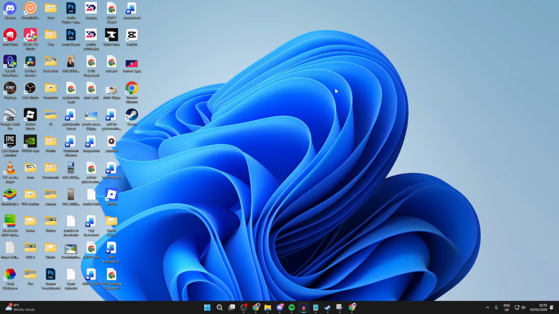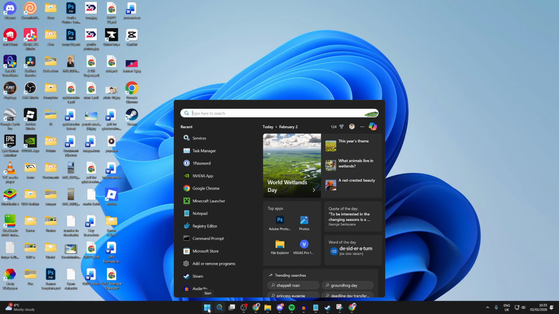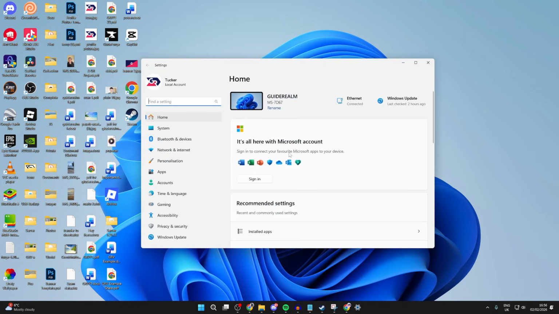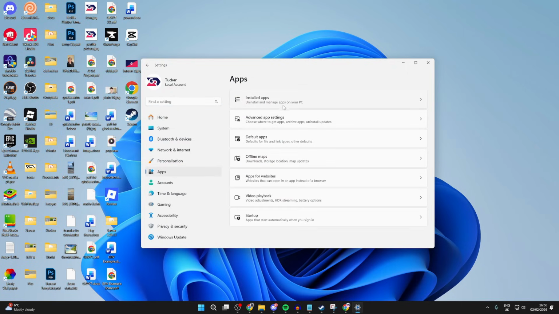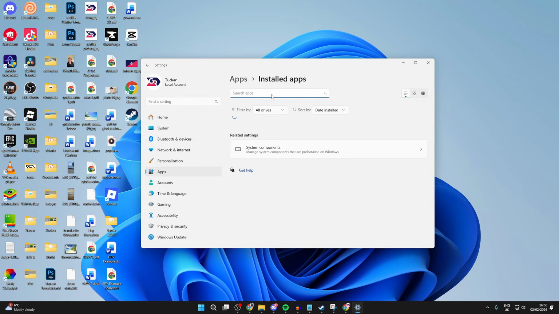And the next thing you then want to try doing is going down to the bottom, pressing search, and typing in settings, or you can just press the start button and open up settings this way. Go over to the left and you need to find the option for apps, and tap there. You want to find installed apps,